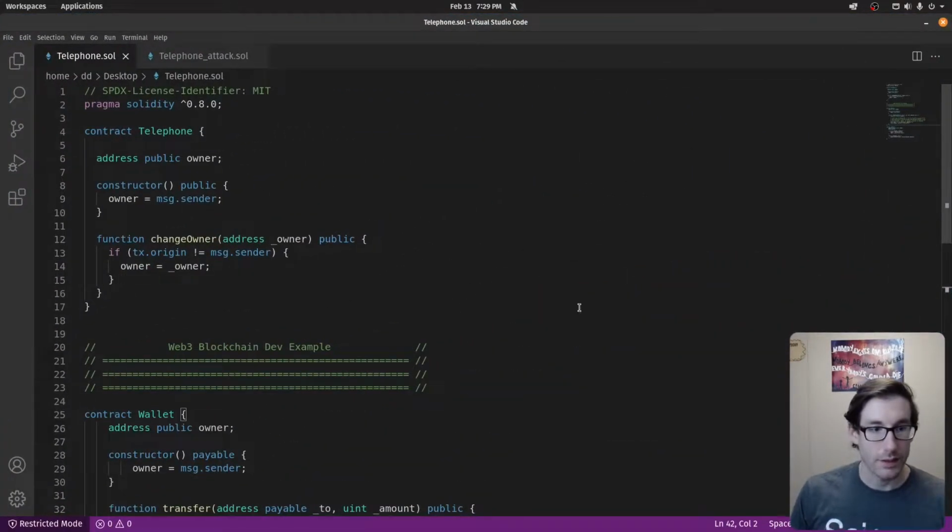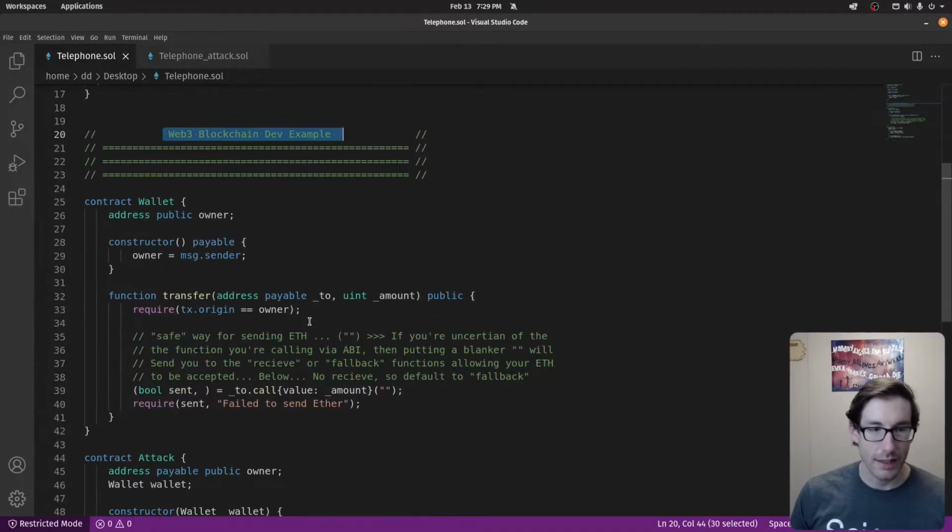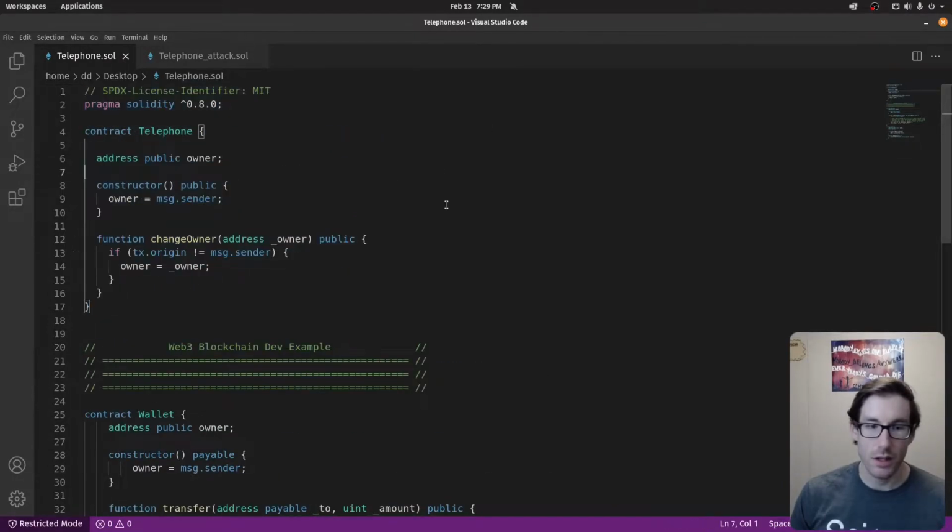With that being said, let's get into the code. I have a few bits of code here. So Web3 blockchain developer, in his YouTube video series, actually explained this specific attack down here before he jumped into the challenge code. Reason being is the challenge code is quite simple, and with the code being simple,